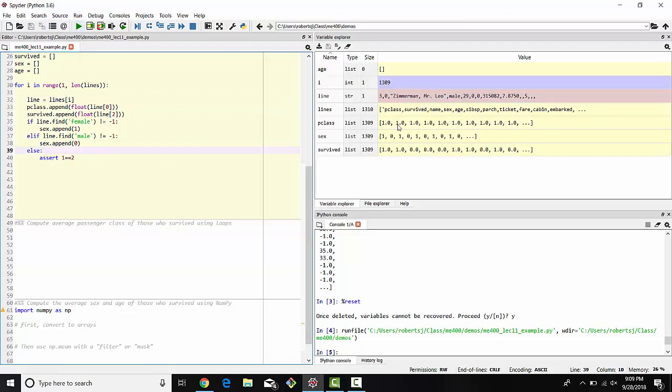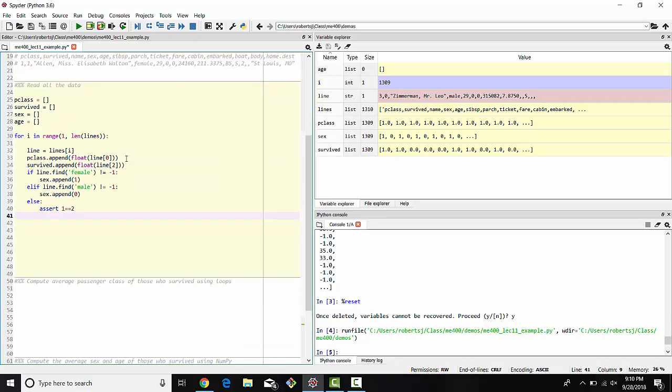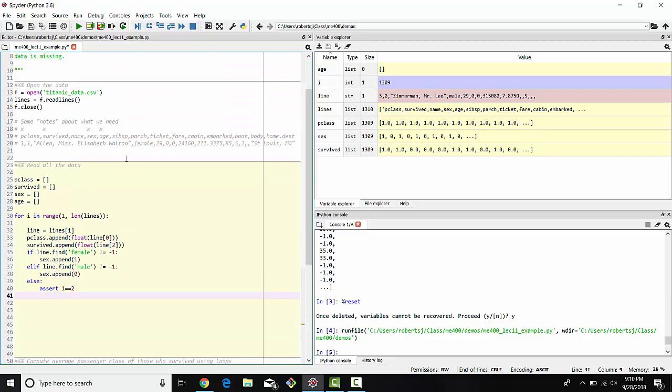If I run this, I have the lists for the passenger class, sex, and survive. The only thing that we need to do is age, which is a little bit tricky. You probably remember from the lab, this one takes a little bit of thought. If I look back at this string, you'll see that the age follows the sex. And if I count the number of columns, that would be 1, 2, 3, 4, 5. So column 4, if I were separating based on the way that the data is represented here,